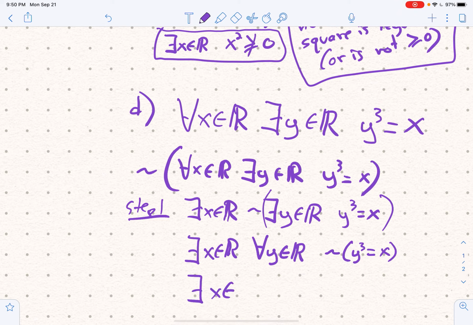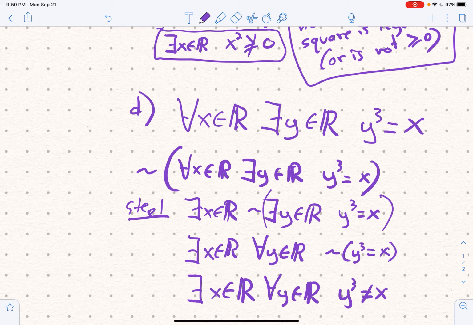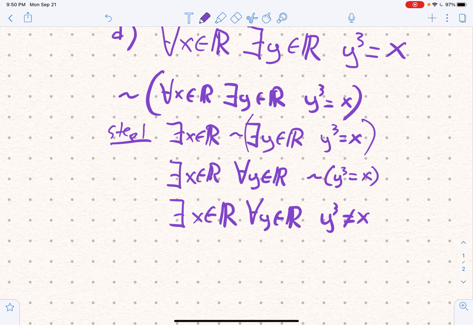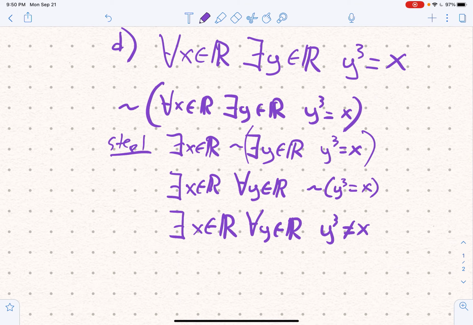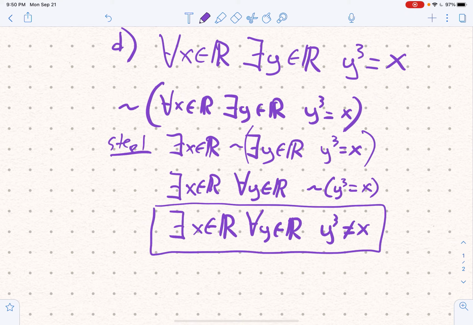So this final answer: there is x in R such that for all y in R, y cubed is not equal to x. Now, let's just think about what the original statement was. First of all, this is our final answer in terms of symbols. Let's think about what the original statement was and then try to untangle what it would mean